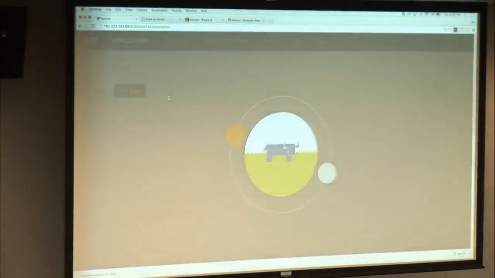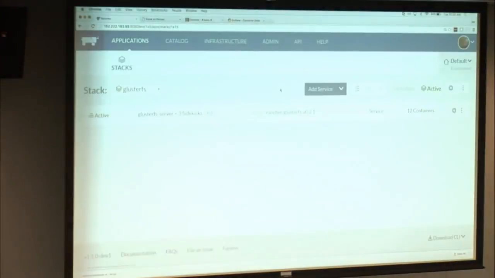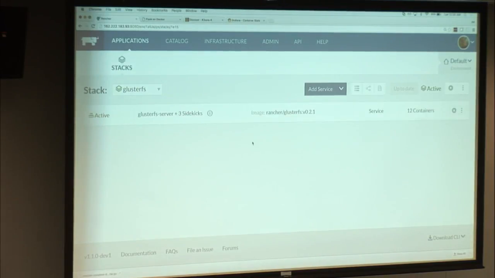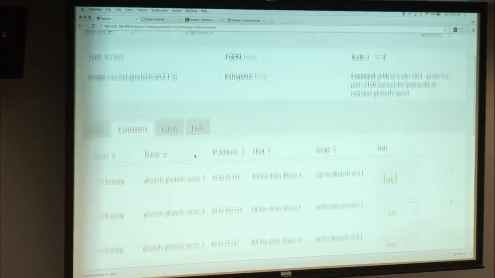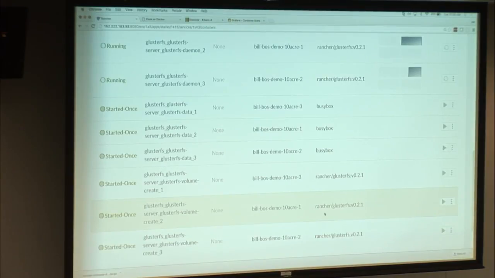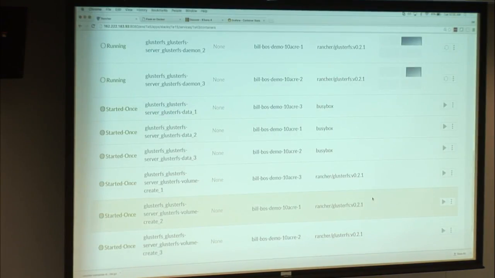But while it's doing that, I've deployed it earlier. And so you can see it's just a lot of services. But here we can look, so we'll just follow Gluster Server 1. When this container came up, the first thing to come up is this data layer. It came up, and it did essentially nothing. It was bin/true as a command. Its whole function is just to provide volumes.